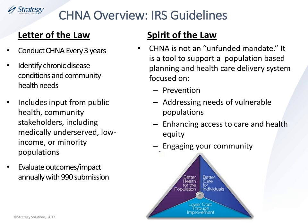So we've shown this slide on other webinars if you have attended. But the IRS has the letter of the law, things that you have to do. You have to conduct it every 3 years. You have to identify chronic disease conditions in your community and other community health needs in your area. You have to include input from public health, from community stakeholders, and really try reaching the underserved, low-income, minority populations. And we'll go into a little more, but that's reaching them through surveys, through focus groups,